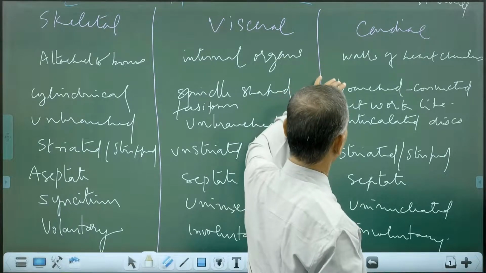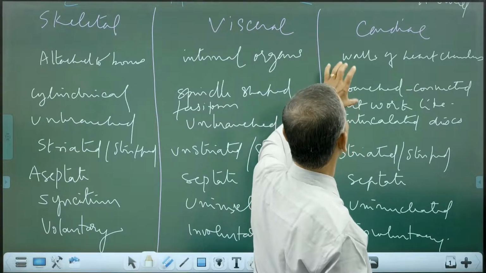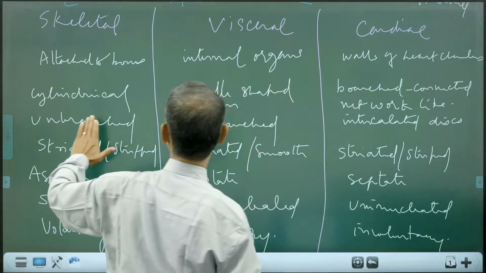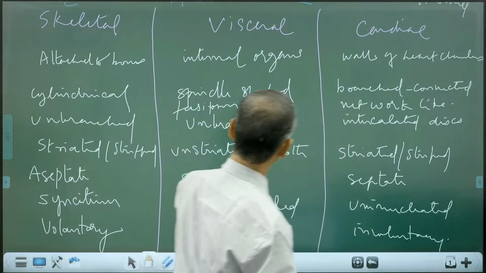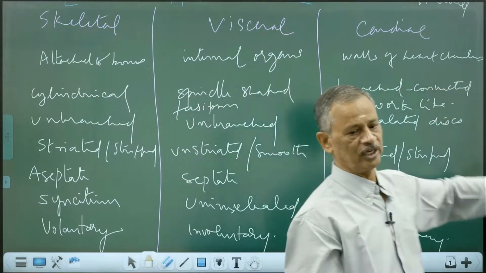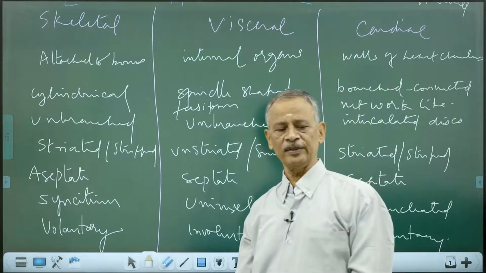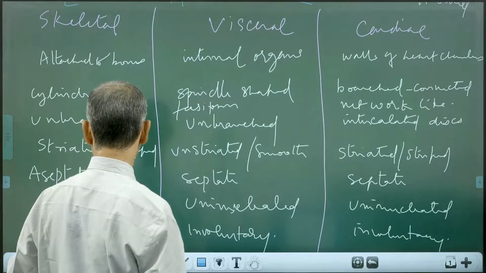But in having branches which are connected together with intercalated discs, cardiac muscles are unique. So it shows some features similar to that of the striated muscle, some features similar to that of the visceral muscles, but some features are unique for them. So this is the classification based upon the nature of muscles. Understand that